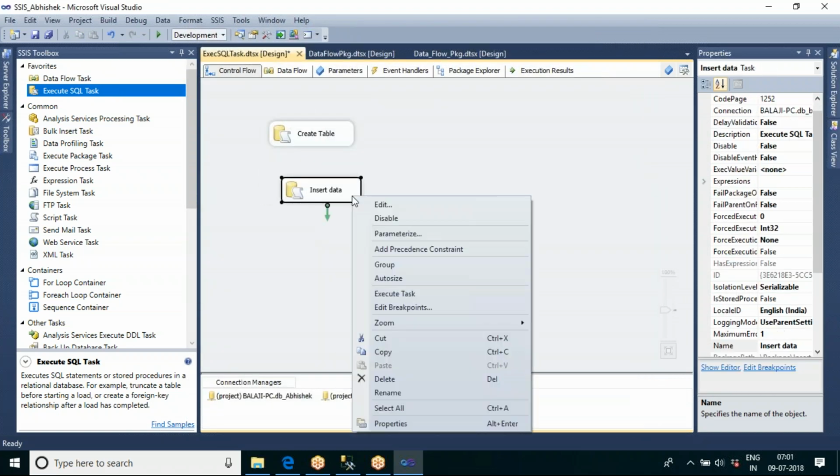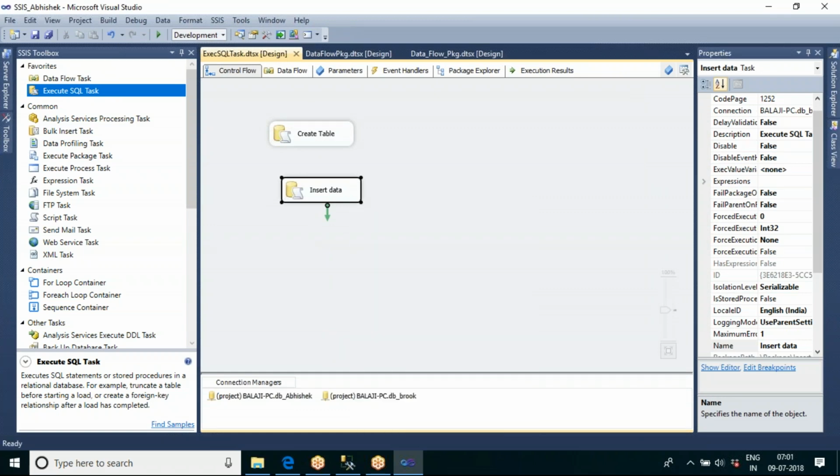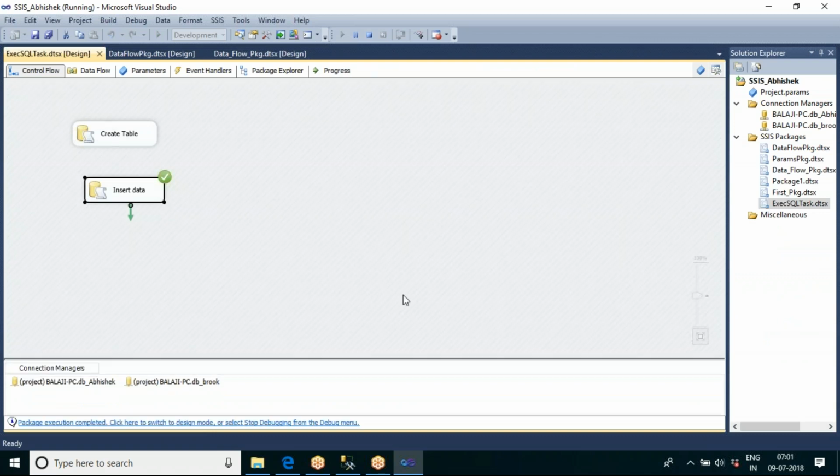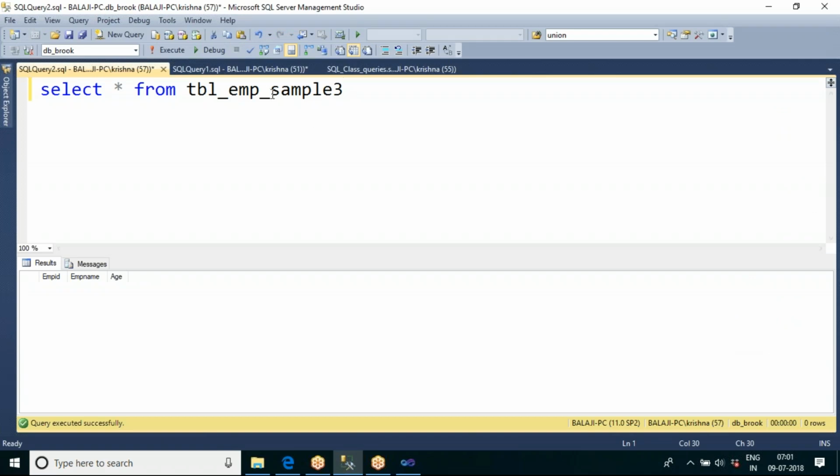If I want to execute this, I can go and execute this. So now you can see we are able to insert the data into this table also. Now you can go and see whether the record got inserted or not. Yes, it is inserted.